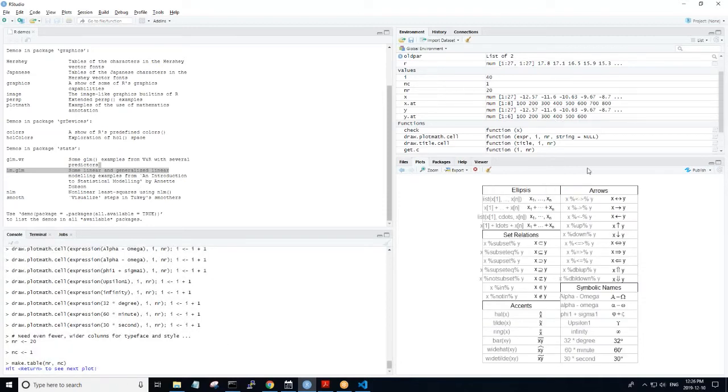For example, we also have the ability to document and express using the built-in LaTeX features that we have in R. And finally, just the last little demo here.